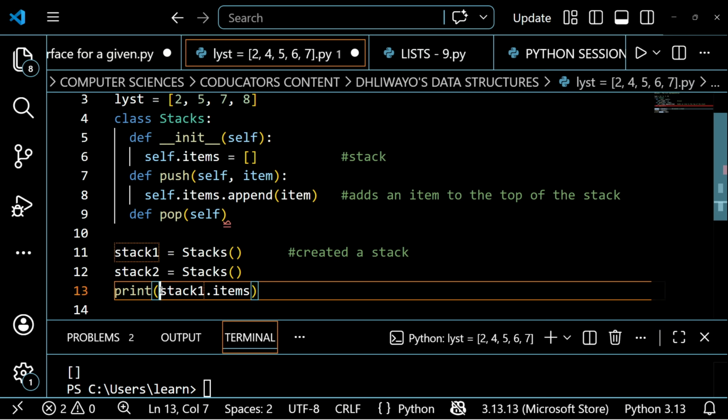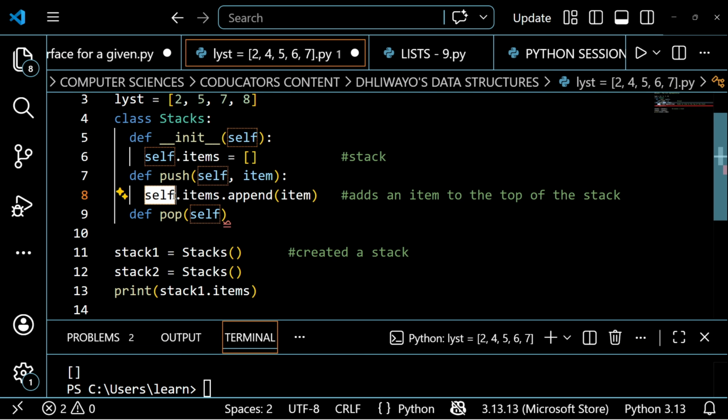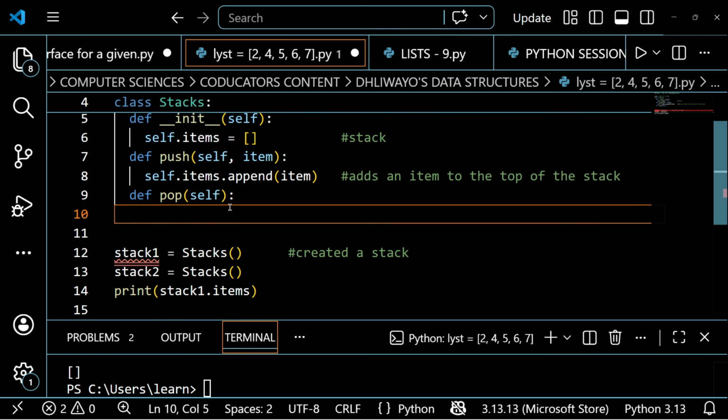So whenever I say print stack1.items, this stack1 is the same thing as saying self. That self just points to a specific object that you are trying to access under that class. So when I define the pop method, I'm trying to remove the item on the top. So I don't have to put any other parameter.